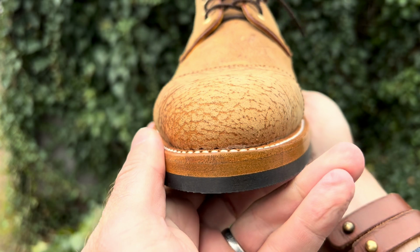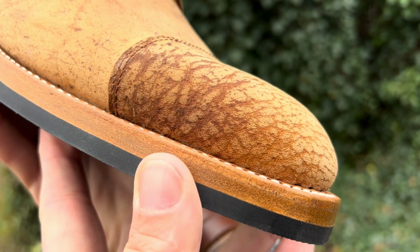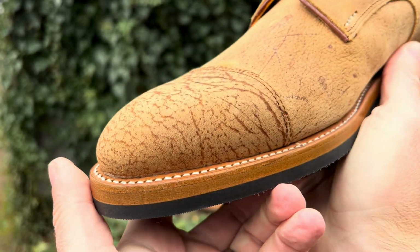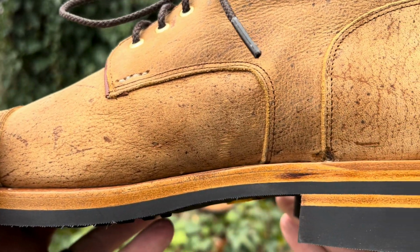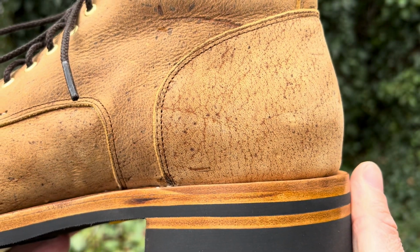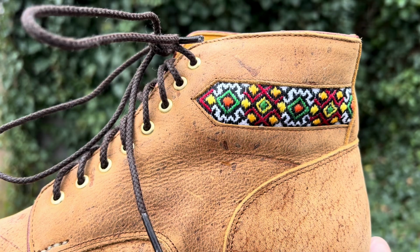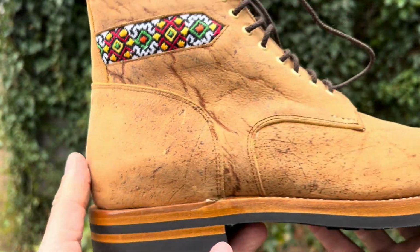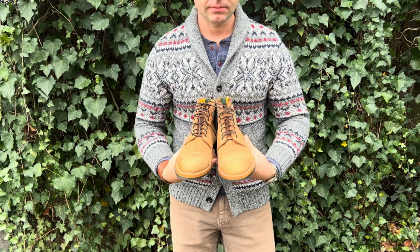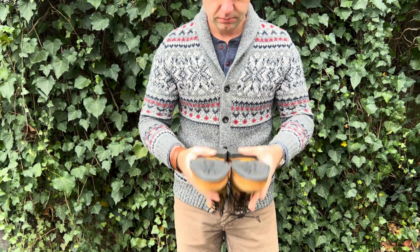So we've got GAUCHO KUDU uppers from Charles F. Stead, 6 millimeter thick vegetable tanned insole, hybrid Goodyear welt construction. The welt is stitched directly to the insole without the use of canvas gemming. Vegetable tan calf lining with a colorful heel stripe, natural veg tan midsole, Vibram 430 outsole, brass hardware. They recommend occasional brushing and a light conditioner. These boots have a pull-up effect and will lighten with wear. If you want to restore the rich original color, you can condition them with a heavy conditioner such as OK